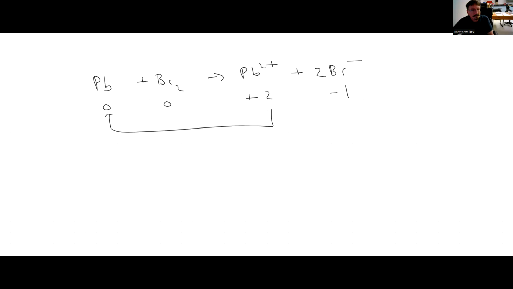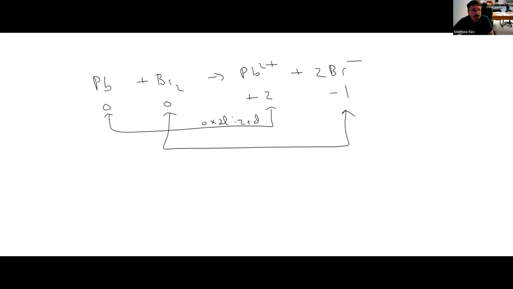Using standard cell potentials, figure out the cell potential for this. So we have lead plus bromine goes to form lead 2 plus and 2Br minus. So we get 0 and 0, plus 2, minus 1. Lead is oxidized, and then bromine